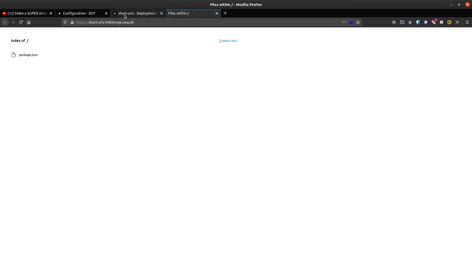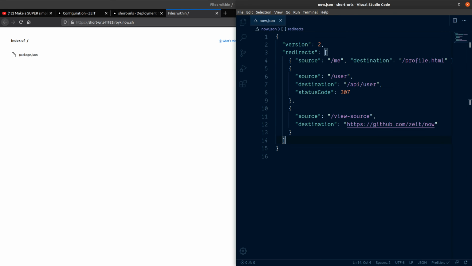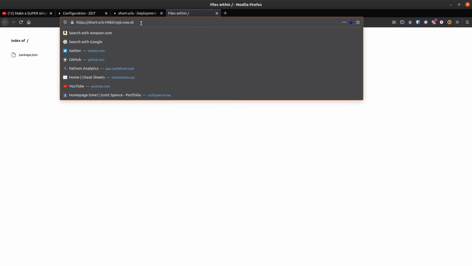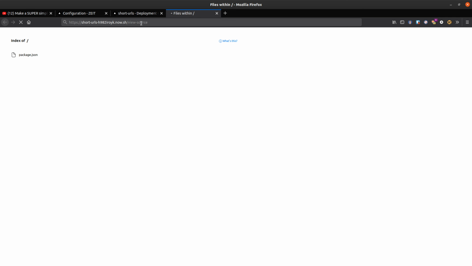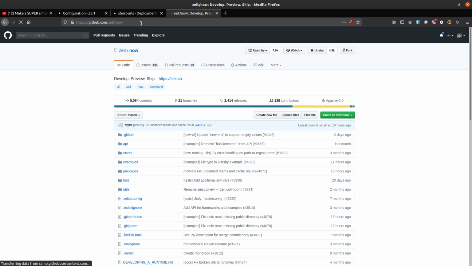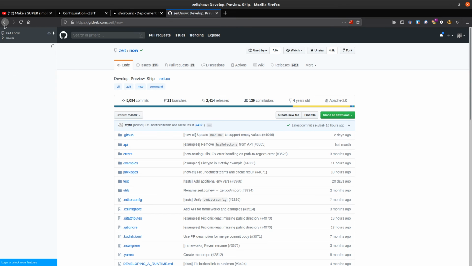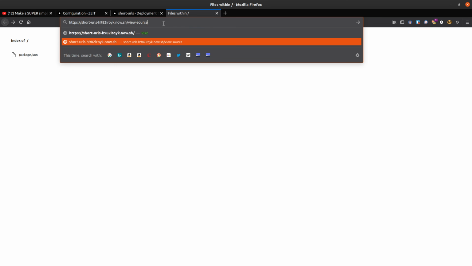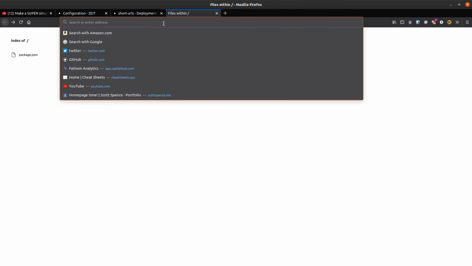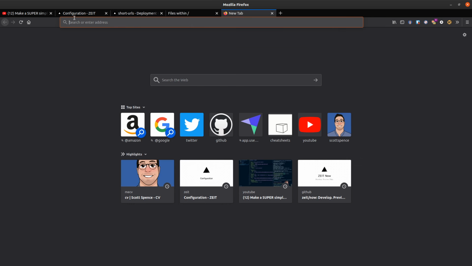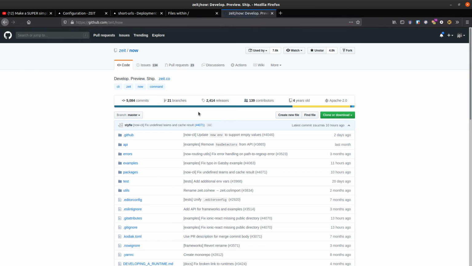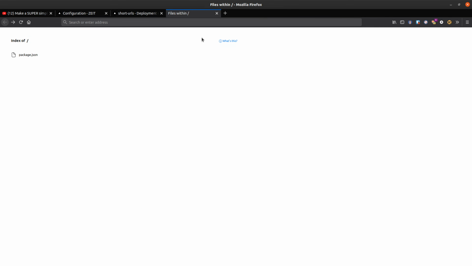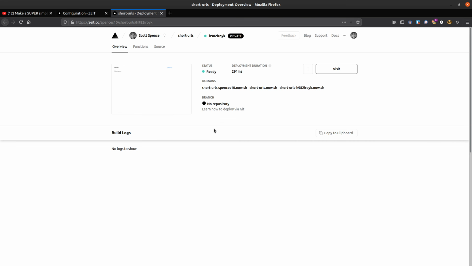Just a package for JSON. But what I'm going to do is check out the view source here. So if I do / on this, that should redirect us now. Cool. Right, so it looks like that thing. But this really is a very short URL, so let's just go straight there. Okay, cool. So now I can use this as my short URLs